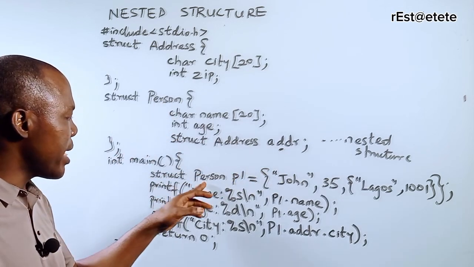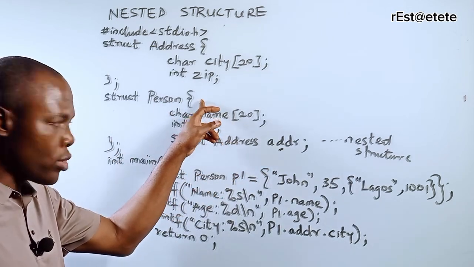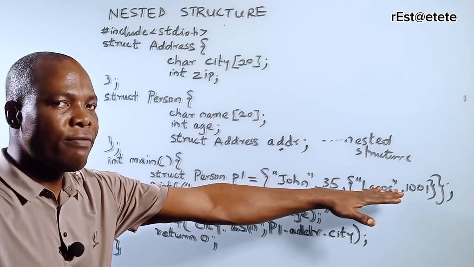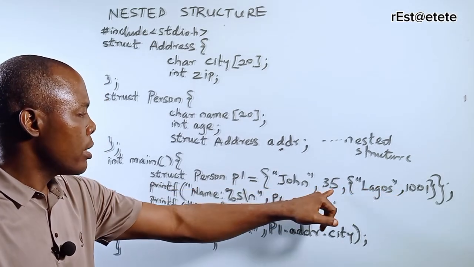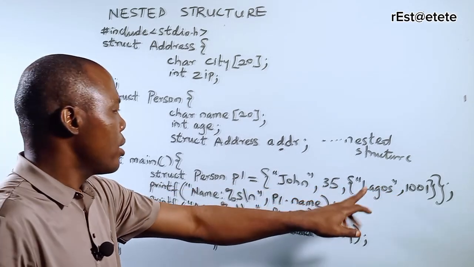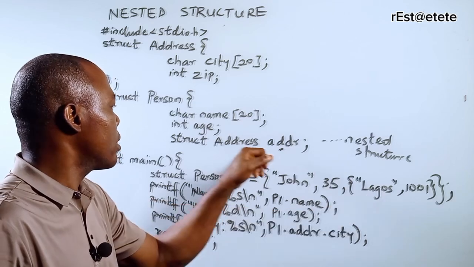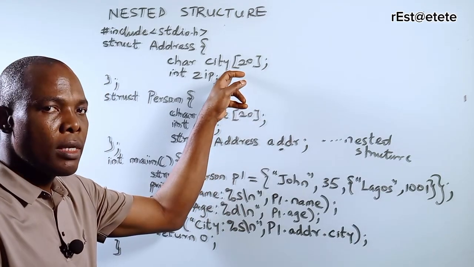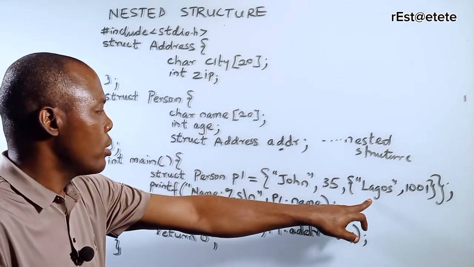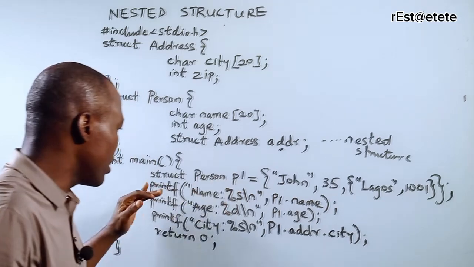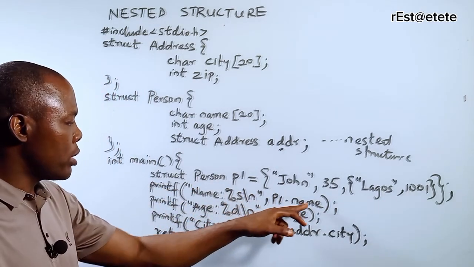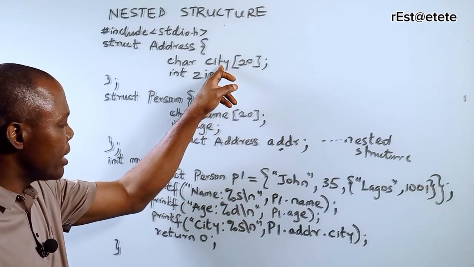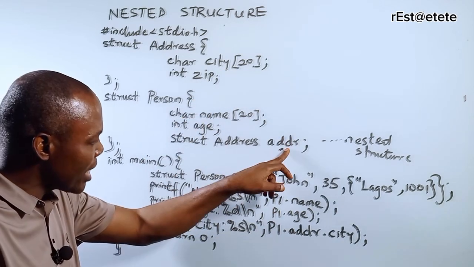Then I come to my main and I create a variable for this person structure, which is what? P1. So the type is what? Struct person. And then I assign values to them. So John, then age is 35. So to assign value for this one, I have to see that there are what? 2 items or 2 members inside the structure. So I gave it Lagos and 101. Then to access them, P1.name, P1.age, but to access the member of this address, it has to be P1.address, which